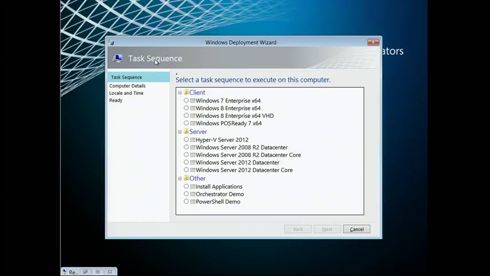You can also see the new look and feel for the main deployment wizard. We added a navigation bar on the left so that we can see where we're at in the wizard. The list of steps here actually changes dynamically based on the task sequence that we've chosen. It starts off fairly short, and as we choose a particular task sequence, it'll add additional steps into the process. So if we choose to deploy Windows 8 Enterprise x64,